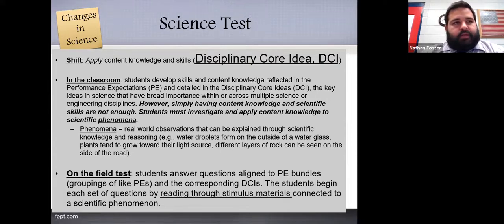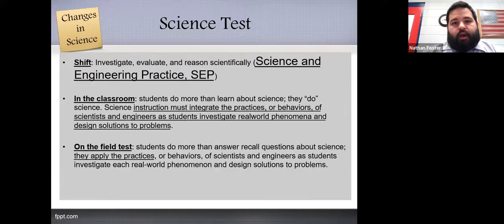One of the things that we could say is instead of their knowledge being a mile wide and an inch deep, now their knowledge base is really about diving into the material and being able to fully explain it, fully understand it with that phenomena. So with the science test, that's going to be kind of the bedrock of what they're going to have to do there. Some of the different concepts is going to be the engineering, the science side of it, technology,